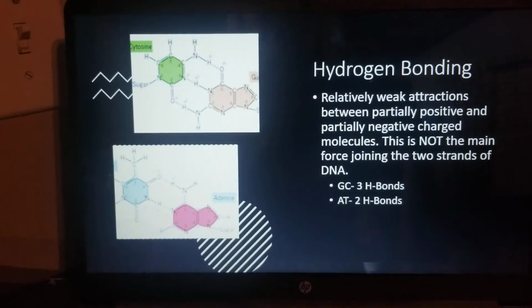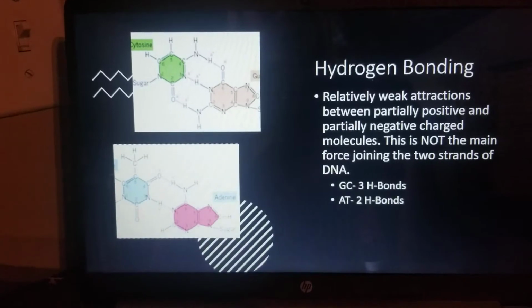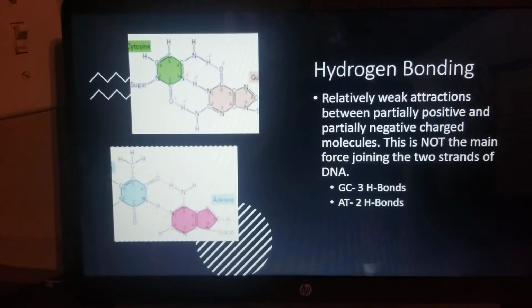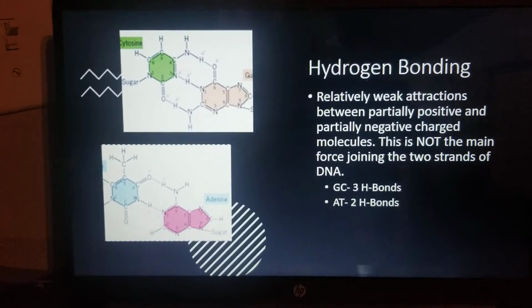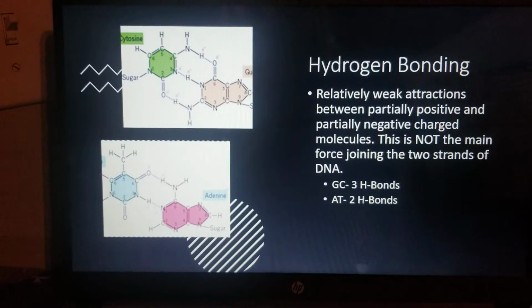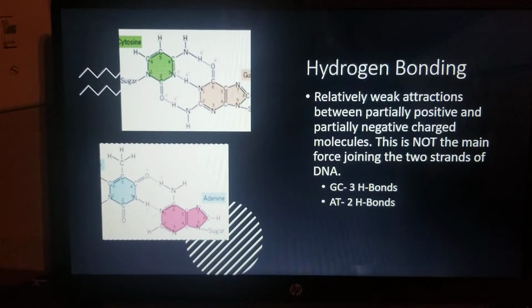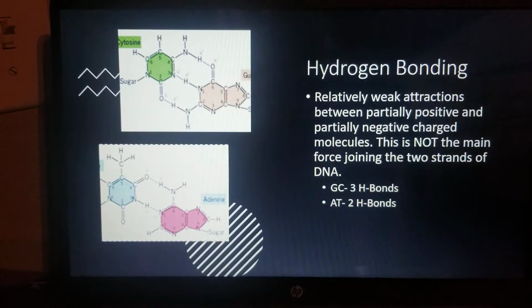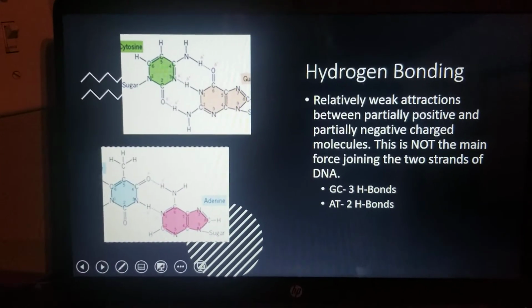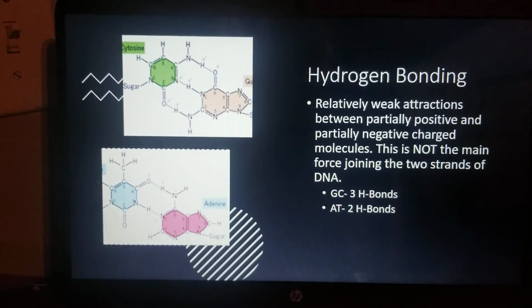Hydrogen bonding is relatively weak attractions between partially positive and partially negatively charged molecules. This is not the main force joining the two strands. As you can see to your left, guanine and cytosine bond with 3 hydrogens, and adenine and thymine bond with